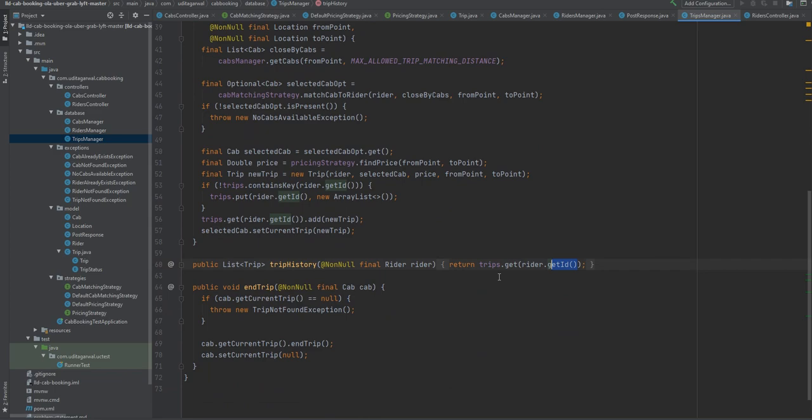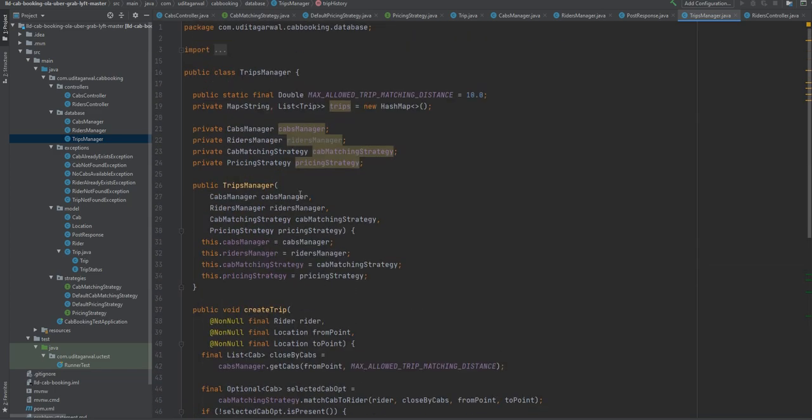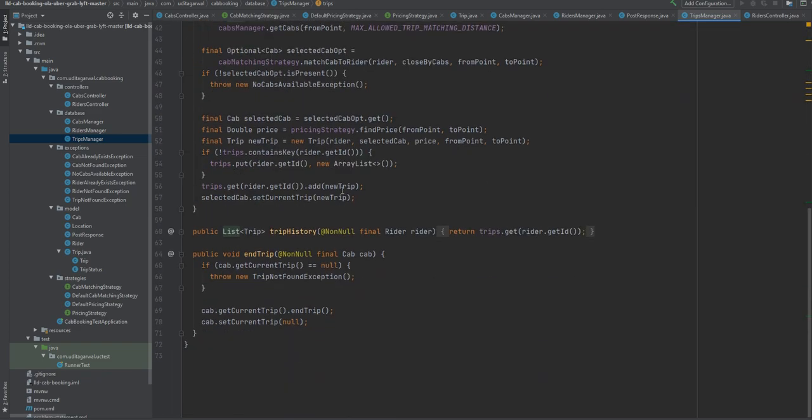The whole idea of creating this kind of structure in memory was so that I will be able to query it easily. You have to think of this when you are designing your system or coding your things, and keep these things in your mind, because you might be needing them later on. So design your system in such a way. That's how I approach the thing. Similarly, there is an end trip method.